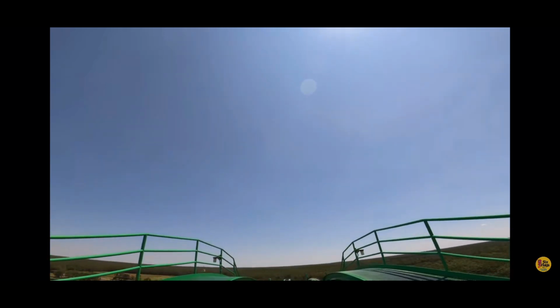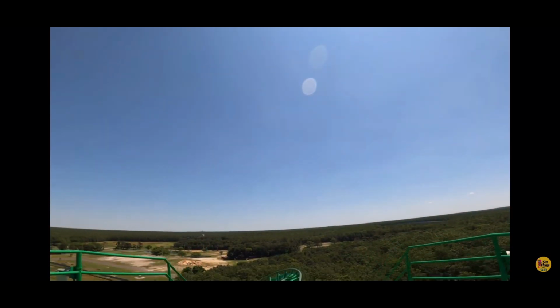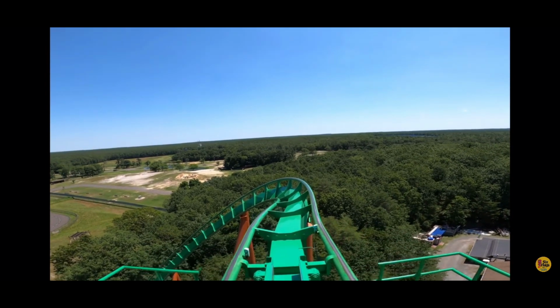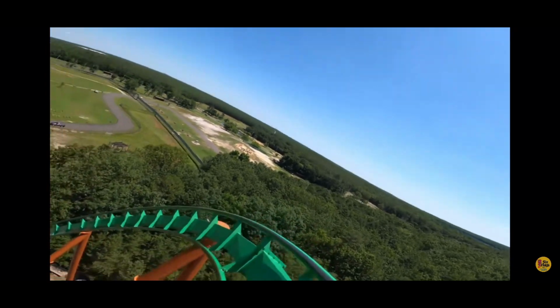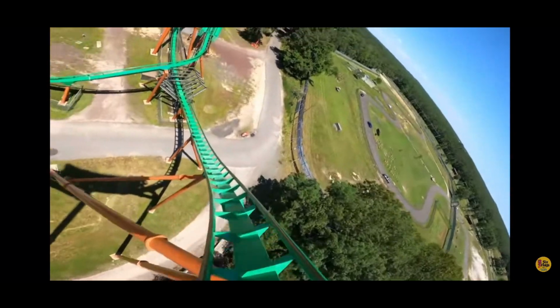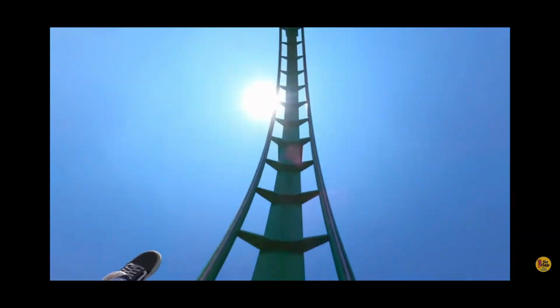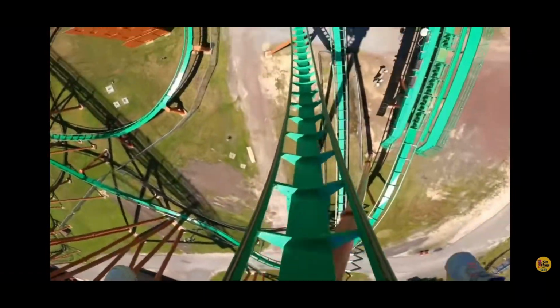Starting off the top 5 is Medusa, the B&M floorless coaster. This ride has 7 inversions and they are all very well done. This ride also has a few special effects that are really cool. These include mist effects, head choppers, and if you're lucky, a fire effect that occurs while you're going through the